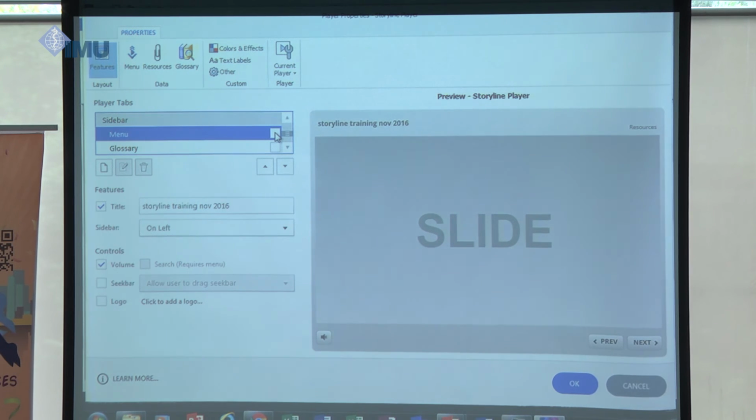The other option is to have resources on that side or not. These resources,